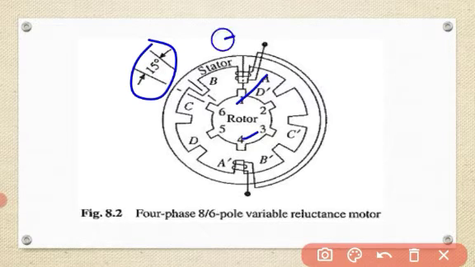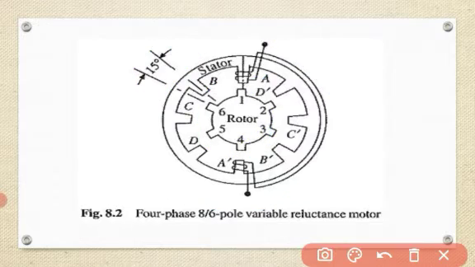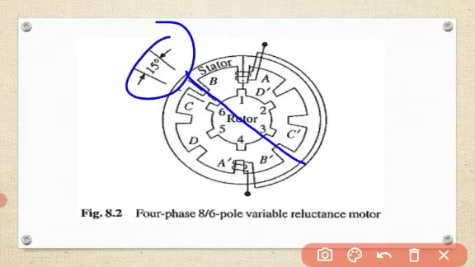It depends upon the number of poles you have taken, and how many rotor poles you have taken, so that they will be aligned. The angle we get depends upon this. So here we have taken 15 degrees, hence it takes 15 degrees. Next, if B is excited, the rotor turns by 15 degrees in the clockwise direction, until rotor poles 3 and 6 are aligned with the axis of phase B. I will show you 3 and 6. If you apply B, 3 and 6 will be aligned. So as shown in the figure, it shifts 15 degrees in this direction.